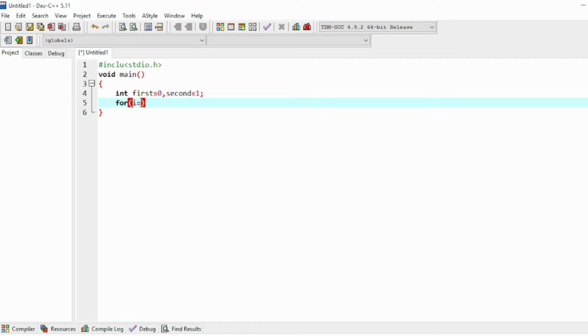So I have to take i equal to 3, then i less than or equal to 8, which means I will have to go from the third term to the 8th term of the Fibonacci series, and then the incrementation condition, that is i plus plus. And then what we have to do,